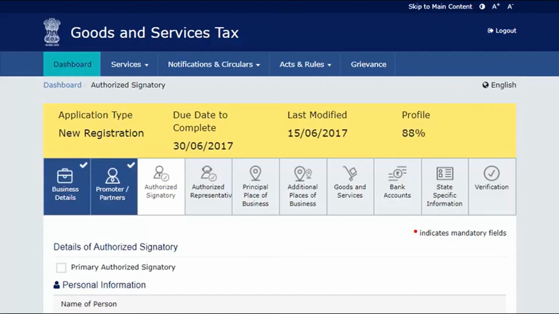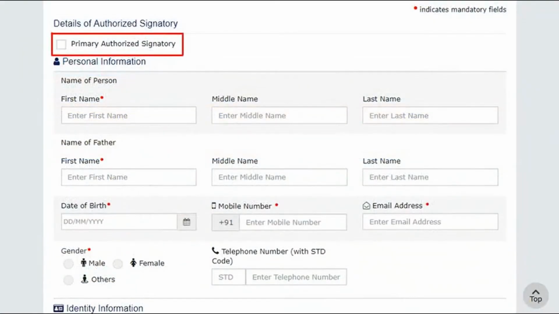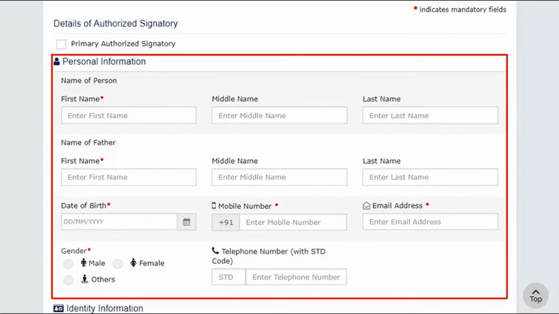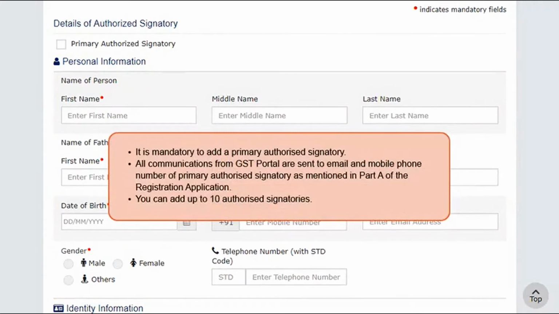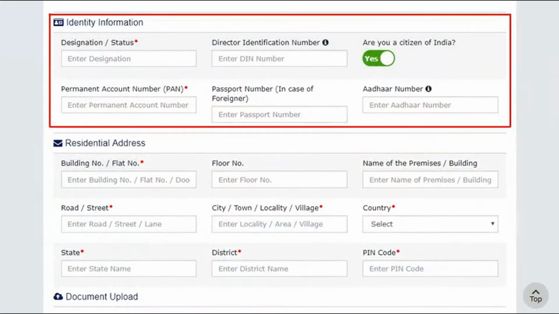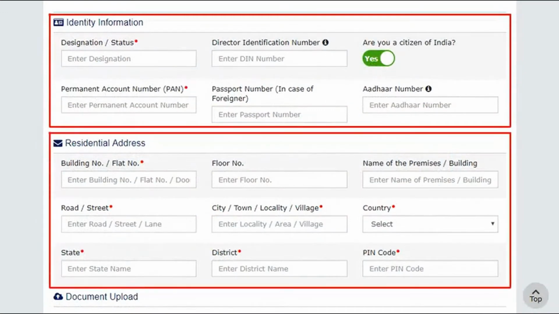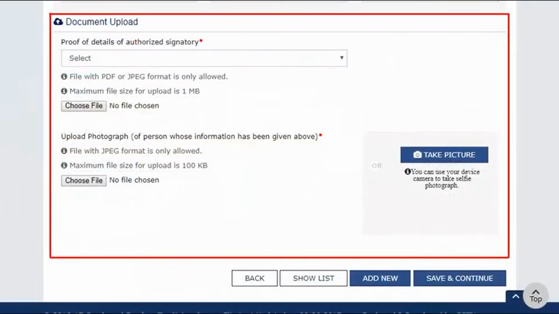The next section allows entering details of the authorized signatories. Set the primary authorized signatory and enter relevant personal information. Provide identity information, residential address with PIN code, and upload necessary proof of authorization as signatory along with a photograph.